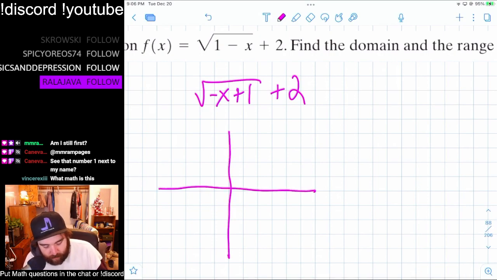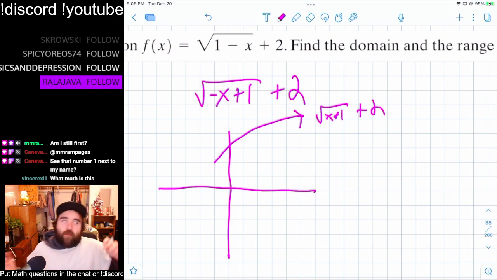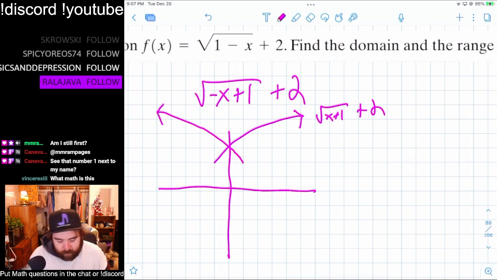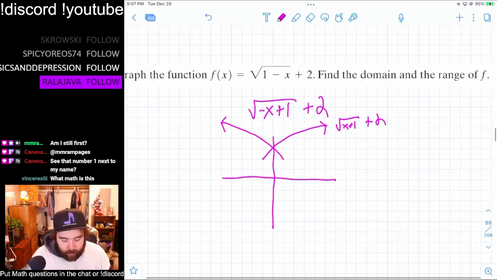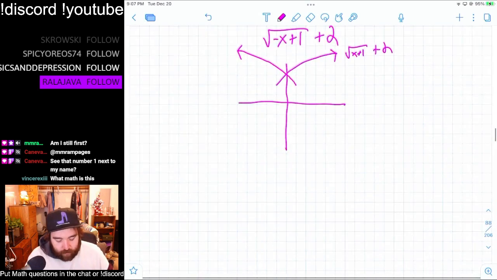So you move it up 2, and you move it 1 in the negative direction, right? So that's the graph of the square root of x plus 1 plus 2. And then to apply the negative, you flip it over the entire x-axis, or y-axis, which I just think is harder to see. So then you would do that, and that would be your final answer. But I just think that's harder to see than the way that I would show you how to do it,